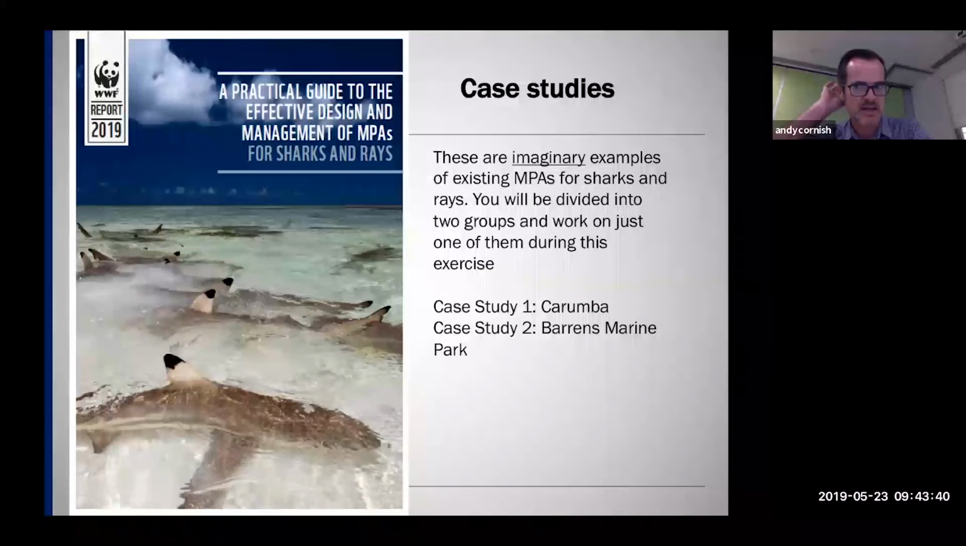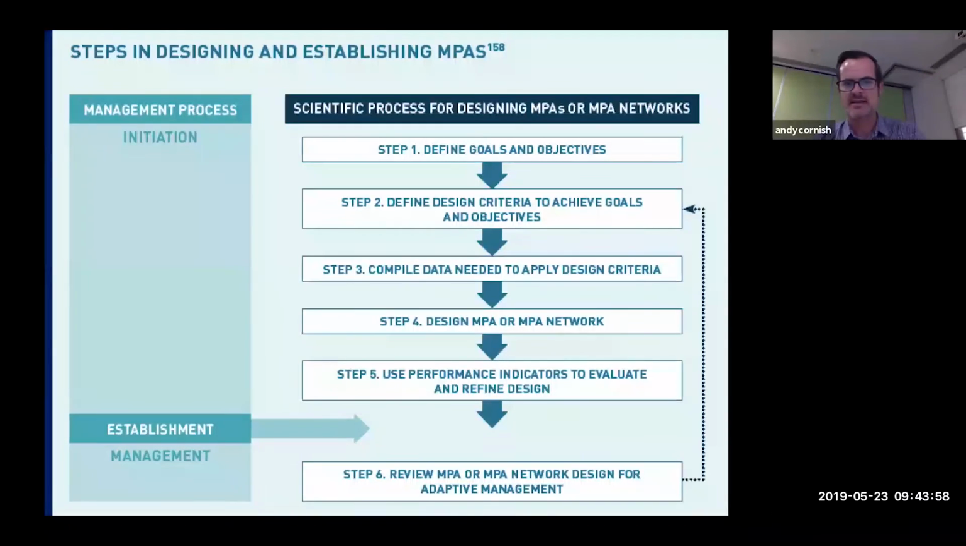So you don't get to choose which case study you do. So we're not going to go through them both in detail now. Hopefully you've had a chance to read them. They were emailed out to you, so you'll probably have to look at those. So these are imaginary. They are both for imaginary existing MPAs. And this particular process, which is described in the guide, may be of some use. But I think based on the discussion we've had already about the importance of objectives,